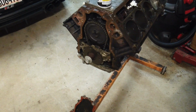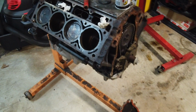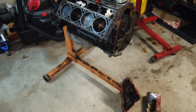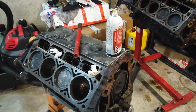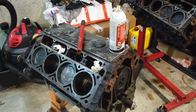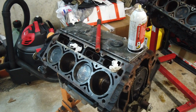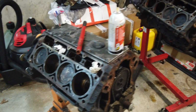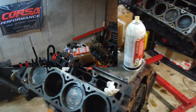I think I'm gonna leave the 6.0 like it is. Take the oil pan off and take the windage tray off of it just to look at the bottom side of it. But other than that, there's really no reason for me to take this apart at the moment. It's better to be together. That way, when I need parts or like the bolts and everything like that, they're all there. Not that I would need all of them, but some of them I may need. So this one I'm not really worried about. We can figure that out. So let's get back to the